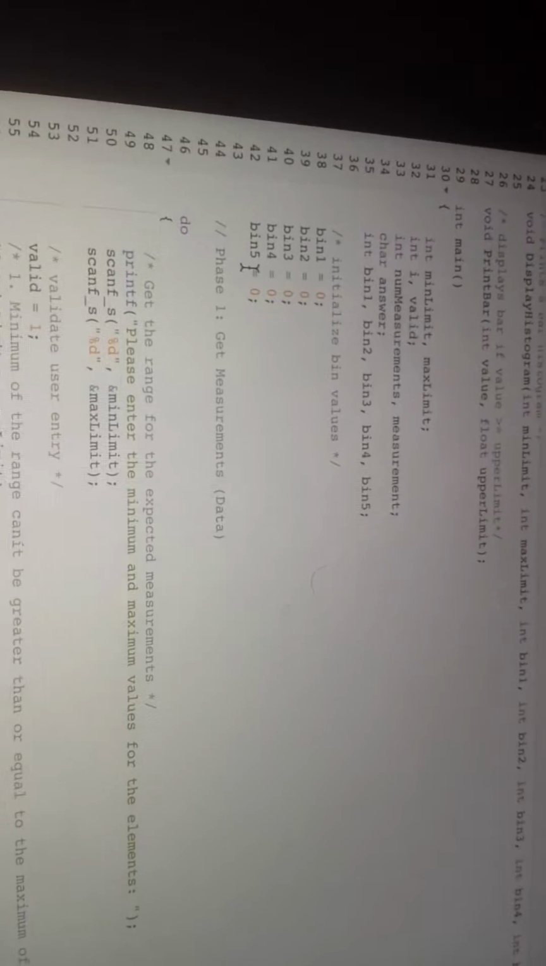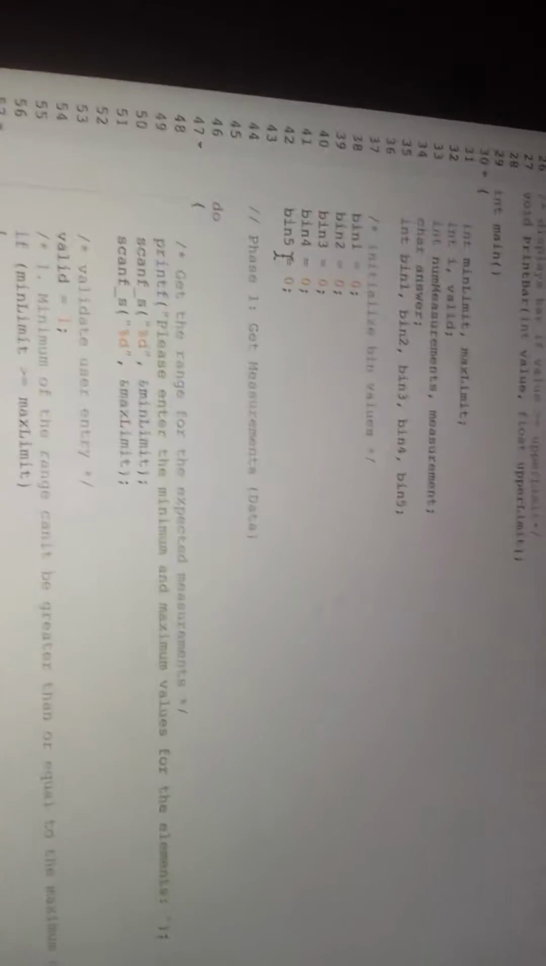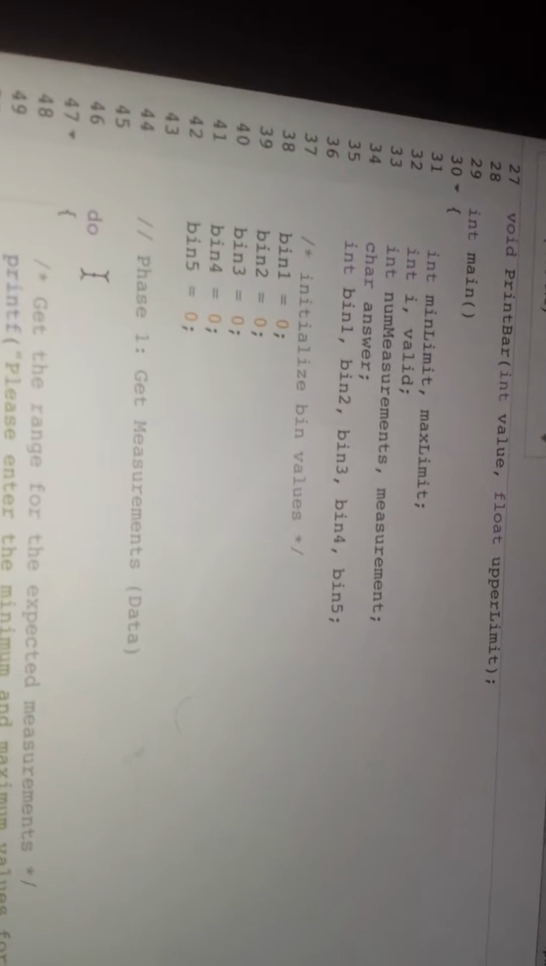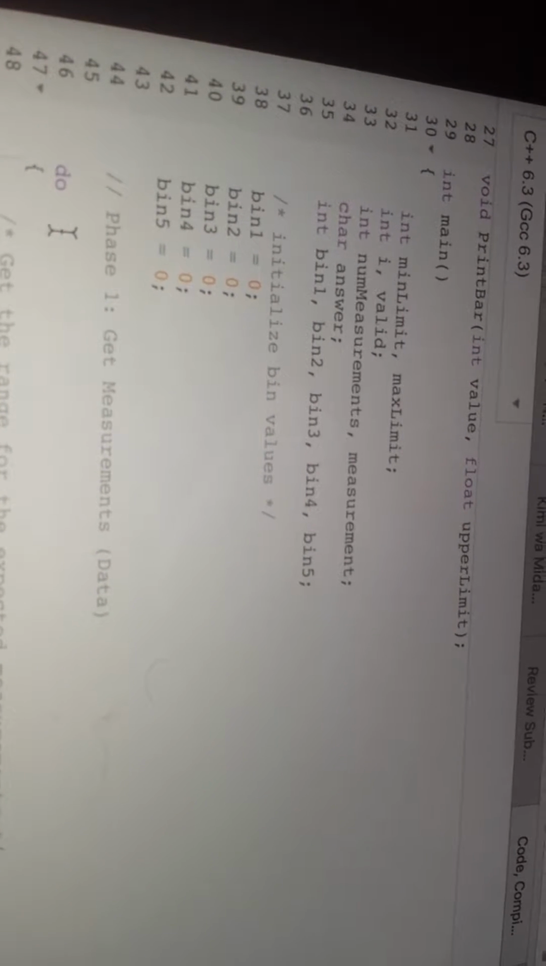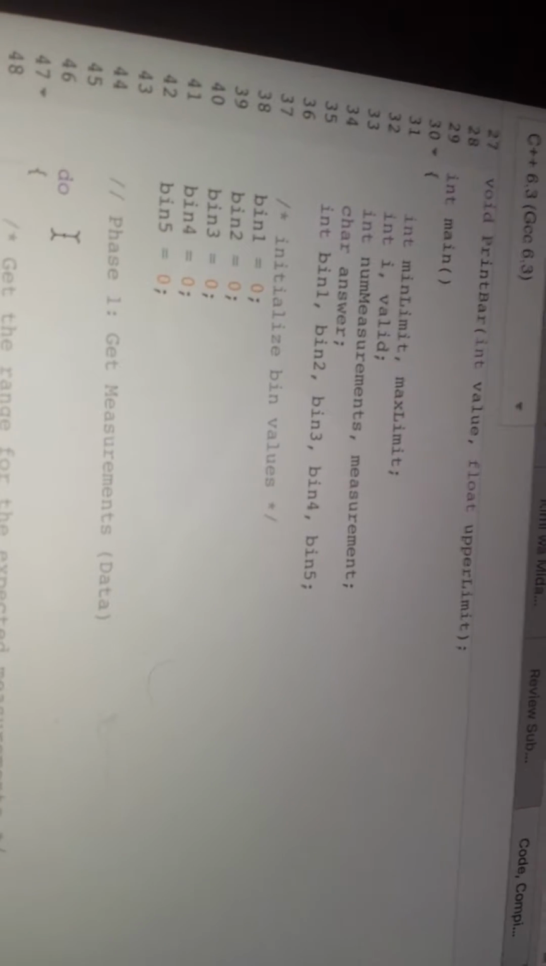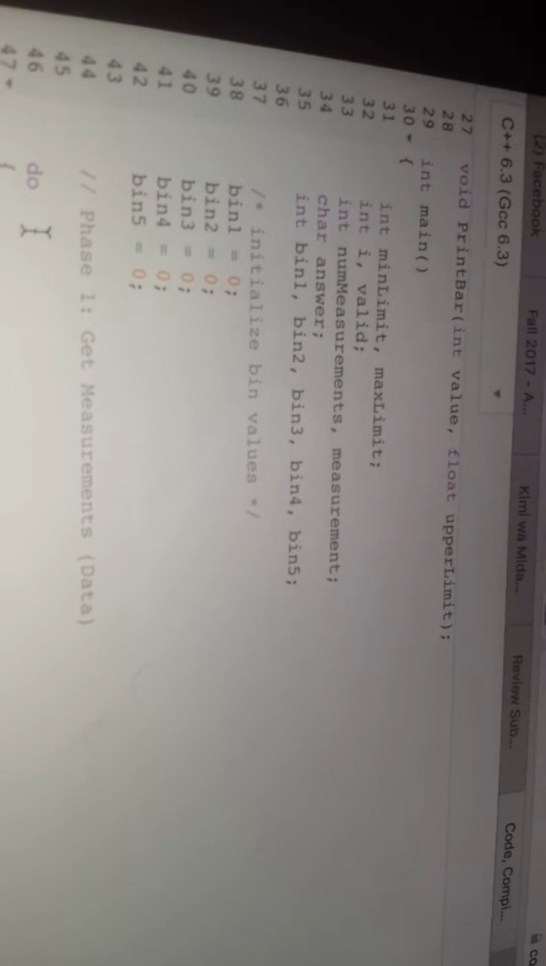So I'll come back to the main code, which shows all the function calls and how the code progresses from the first phase all the way to the final phase of the project. Here I declared some variables right here: valid, minimum limit, max limit, bin 1, bin 2, bin 3, bin 4, bin 5, etc. So next I initialize the bin values, bin 1 through bin 5, to